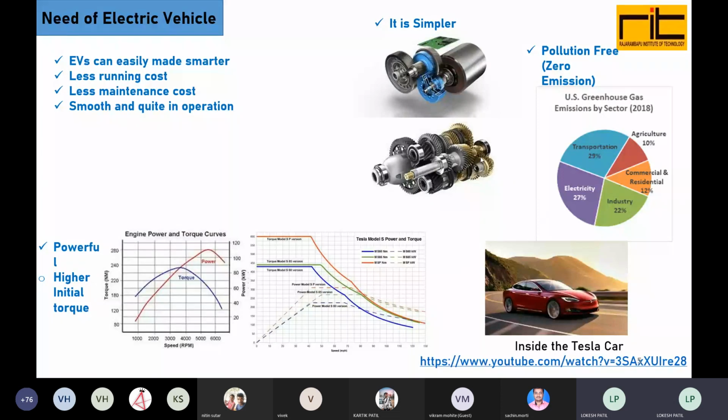If you just take a look at this particular chart, emissions due to transportation is almost 29% globally. This is actually US greenhouse gases which have been emitted due to so many reasons, but 29% is being contributed by transportation vehicles. Electricity generation contributes almost 27% of total emission. There are industries, chemical industries and process industries, which are generating greenhouse gases like carbon monoxide, SOx and CO2. Industries are contributing 22%, and the remaining commercial and residential is 12%, and agriculture